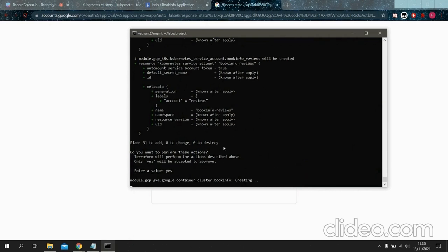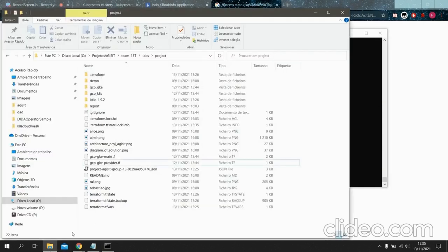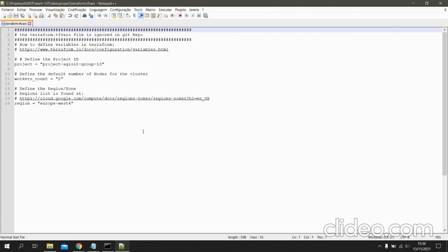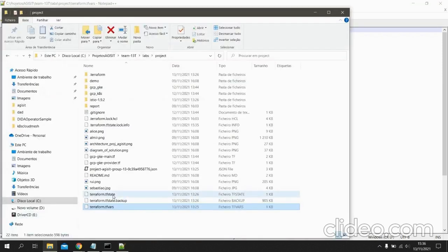Okay. Now, while this is provisioning and deploying, I will explain the files that we have a little bit, starting with this Terraform vars. This is the definition of the variables that Terraform will use throughout the process of deployment and provision of the project.